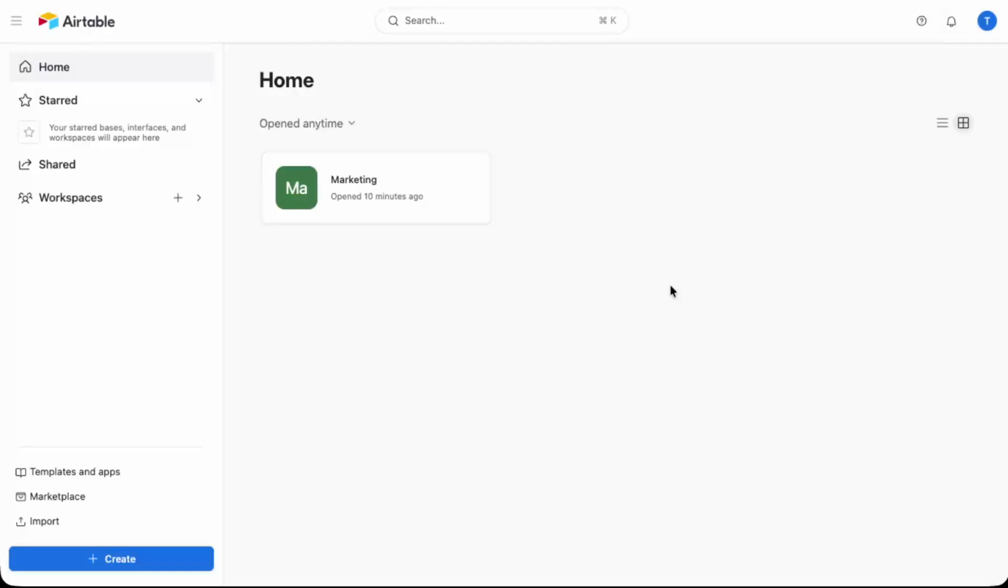After a few seconds, Airtable will load your workspace. You should now see your dashboards, bases, or any recent projects. At this point, you're fully signed in and ready to start organizing